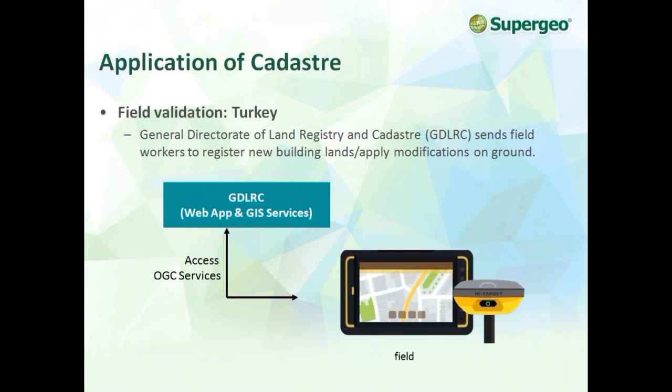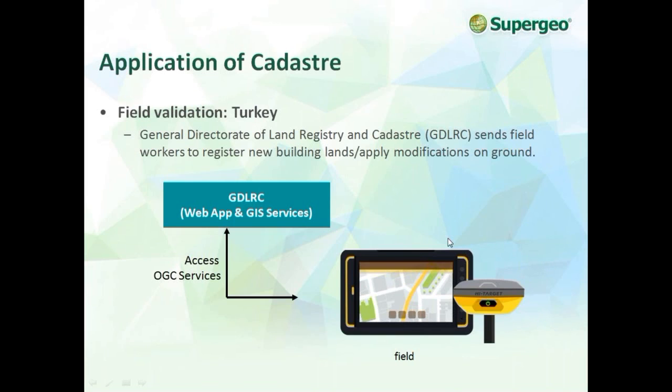Yes. So what they do now is that they have an improved workflow like this: they bring Windows pads and install our mobile app, SuperPad, on their devices, and our SuperPad can work perfectly with the Hi-Target GNSS RTK, the V60 machine. Okay. Yes, and in this way they can use the maps in the field, and also they can get very